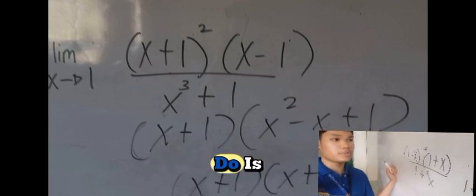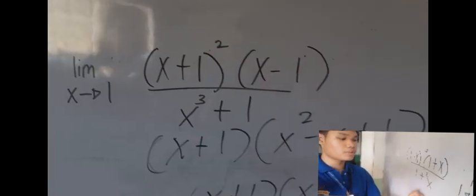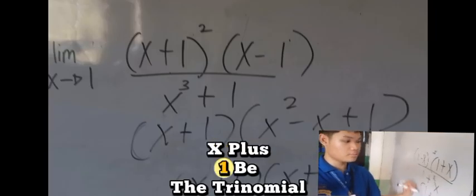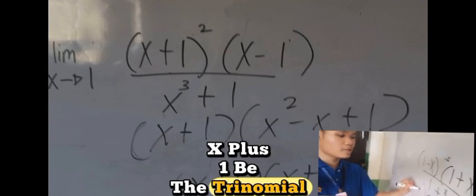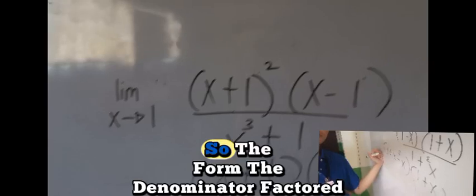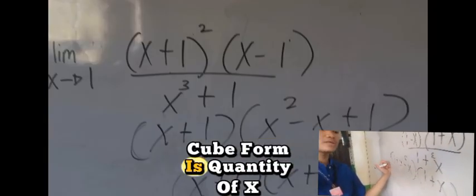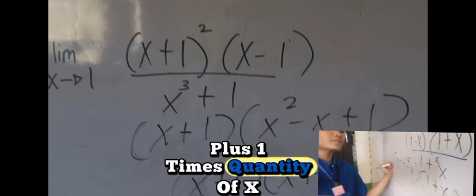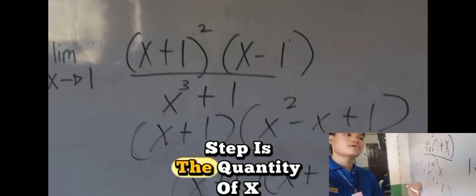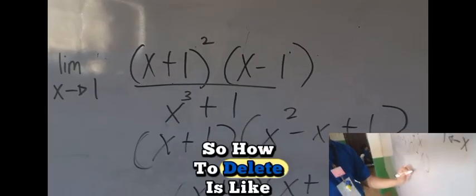So the first thing we will do is factor the denominator by the sum of cubes. So x plus 1 with the trinomial x squared minus x plus 1. So the denominator factored is the quantity of x plus 1 times the quantity of x squared minus x plus 1. The next step is the quantity of x plus 1 squared, which we will factor into binomials. So how to do it is like this: